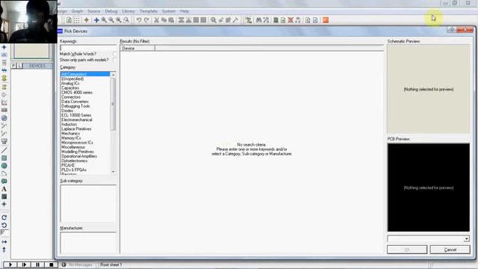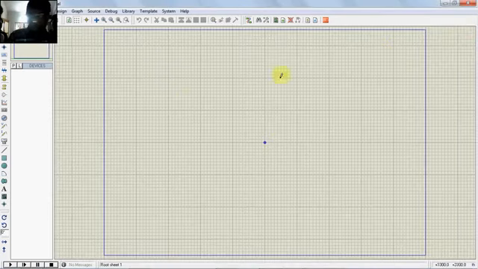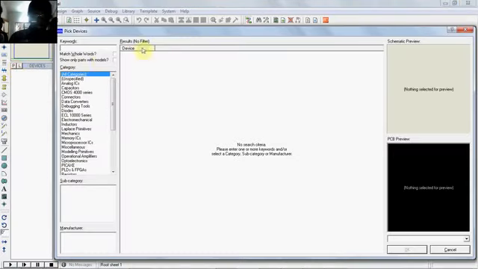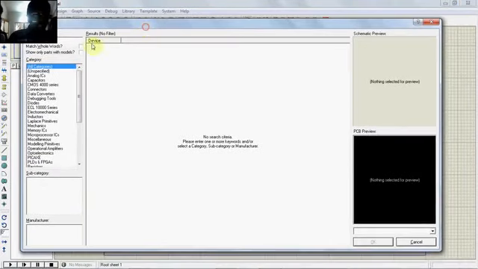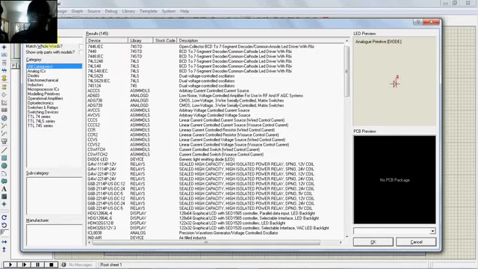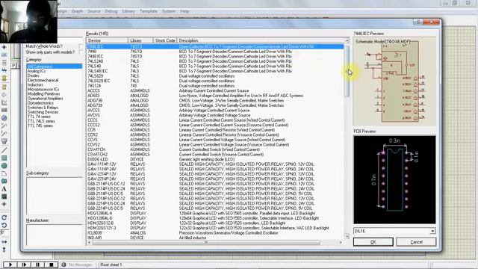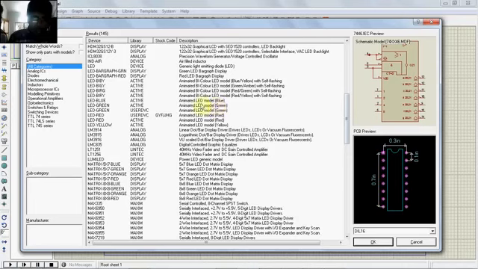So first of all, we will be picking the devices, right? Here there is a letter P, just click that. This is the pick device window, and in it we need an LED. Just write in the keywords window LED. Okay, there are so many devices coming. Some may be drivers, some may be LEDs. So to be specific, I will write LED